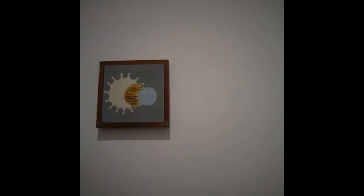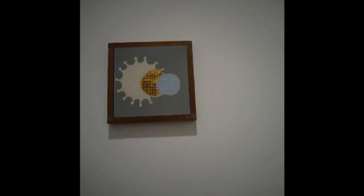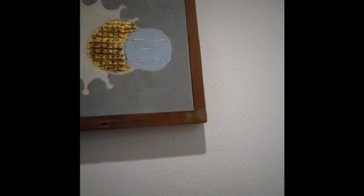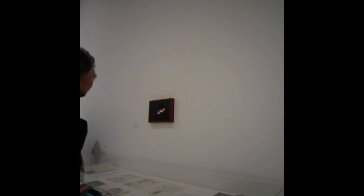Now, there's no photography allowed in here, so I'm doing this all on the down low. This is an interesting piece, and this central area, the gold-leafed area where he's incised this grid, is kind of a different approach, you know, and I never saw him use a lot of this gilt or this gold leaf before. And there's a case here that's got photographs of his self-surgery and some of his correspondence with people like,